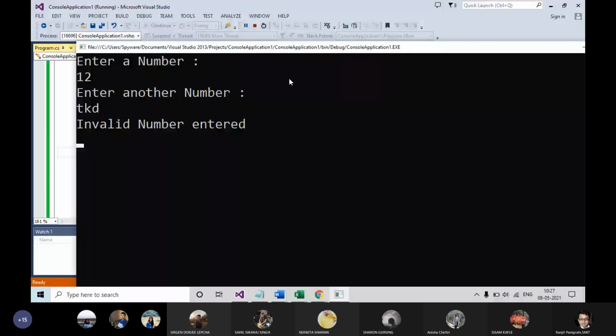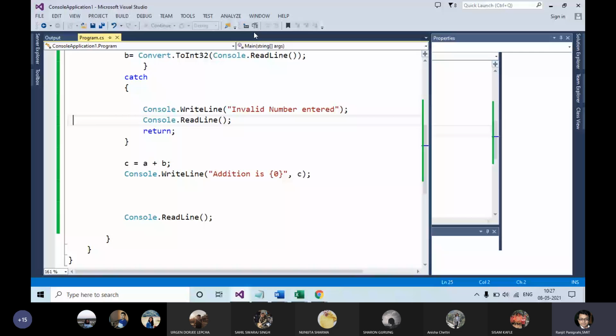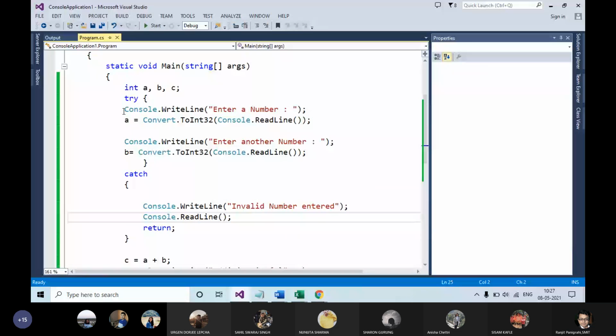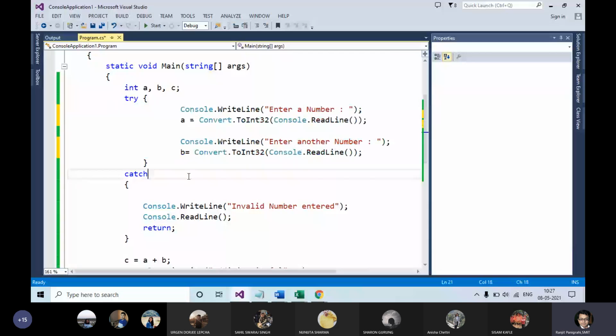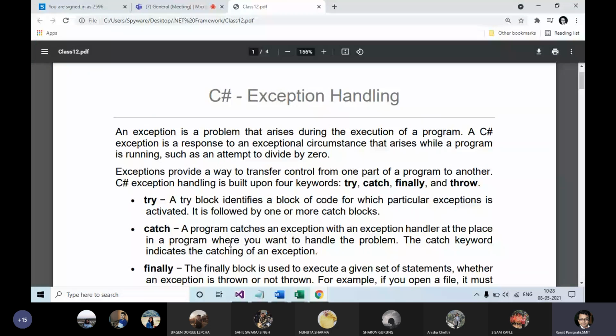Okay. So I have used the try block. What is a try block? It is a block under which all your source code should be inserted which is expected to throw some kind of errors or exceptions at runtime. If you think your source code will display some kind of runtime error during the program run, then the try block will help you. So you should put that source code in the try block. Am I clear to all of you? So what is a try block basically? A try block identifies a block of code for which a particular exception is activated. It is followed by one or more catch blocks.